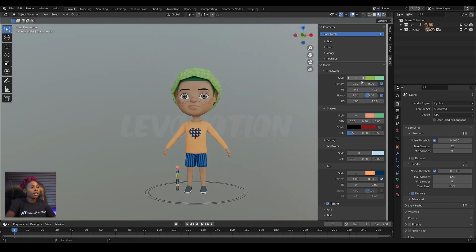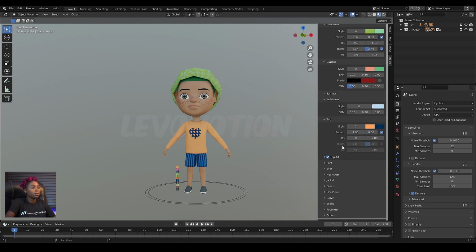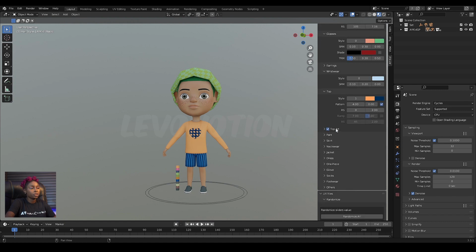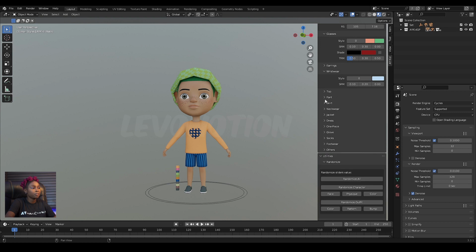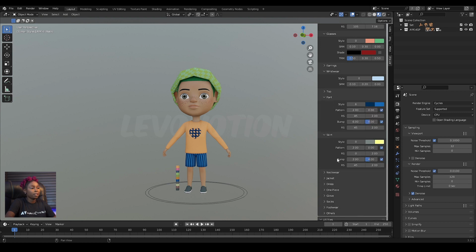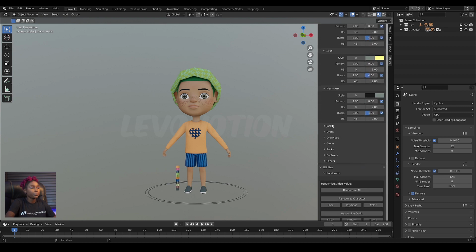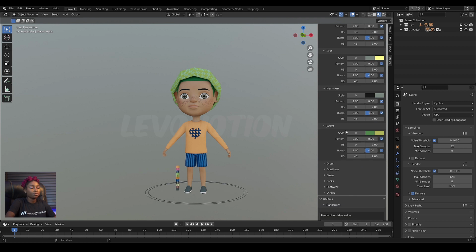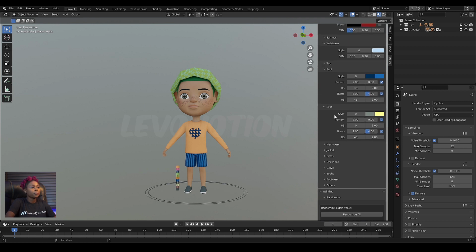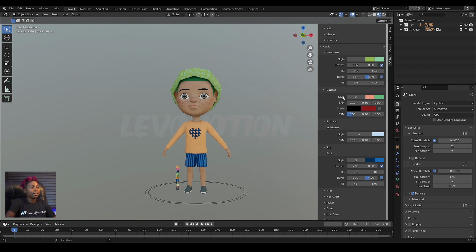The same settings here apply to tops. Tops has an additional one, which is top hats. I'm going to talk about that in a minute. It applies to pants, skirts, neckwear, jackets, and so on and so forth. The ones that are unique are, I think, glasses.